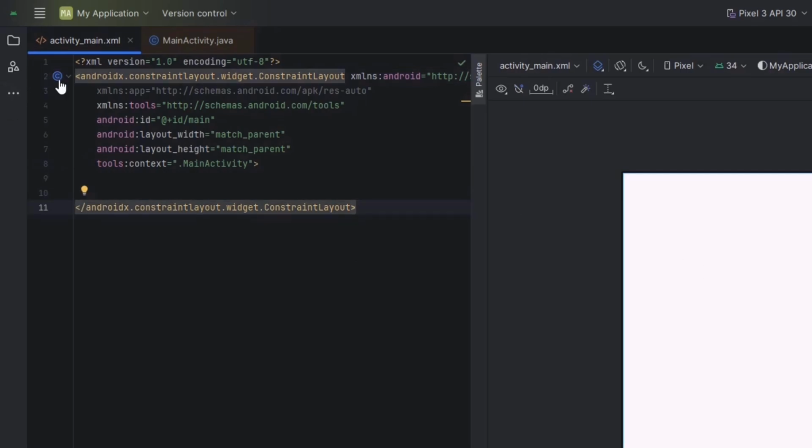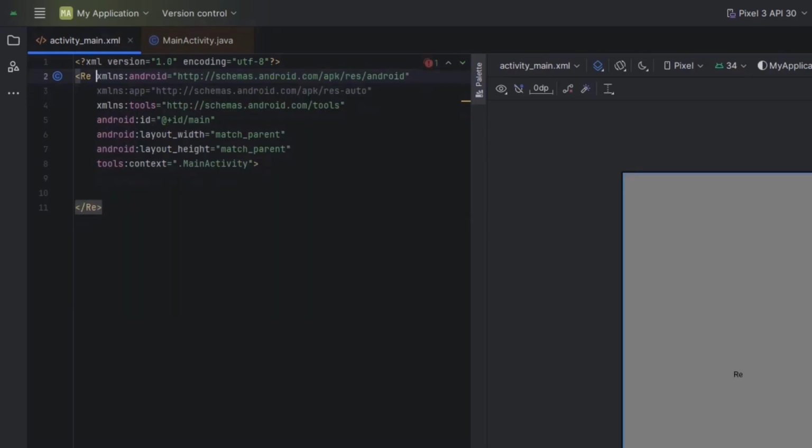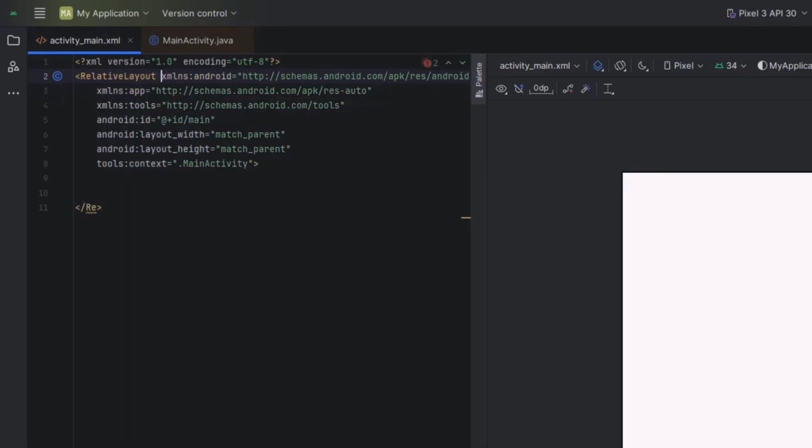So talking about layout, we have a lot of different layouts. We'll be talking about constraint layout, relative layout, and linear layout. We'll be mostly using constraint layout, but right now I'm going to change constraint layout to relative layout. So after changing constraint layout to relative layout,